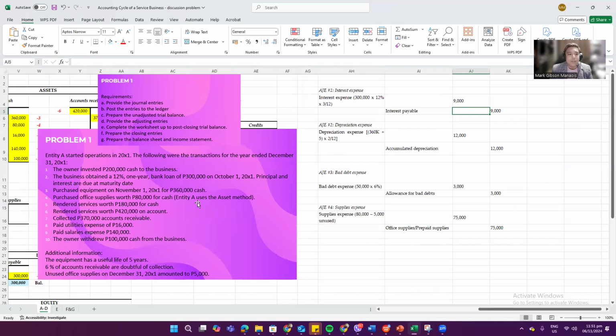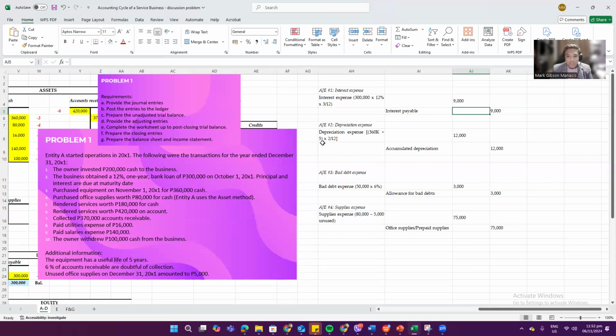Depreciation expense, no? So in this case, transaction number 3. We purchased equipment on November 1 for 360,000. Notice the useful life of the equipment is 5 years. Again, we purchased it in November, so we have to calculate the depreciation expense for 2 months. No? So November, then December. So that's 360,000 divided by